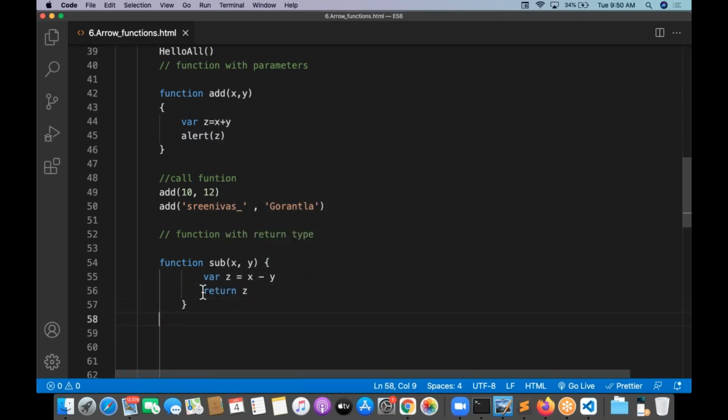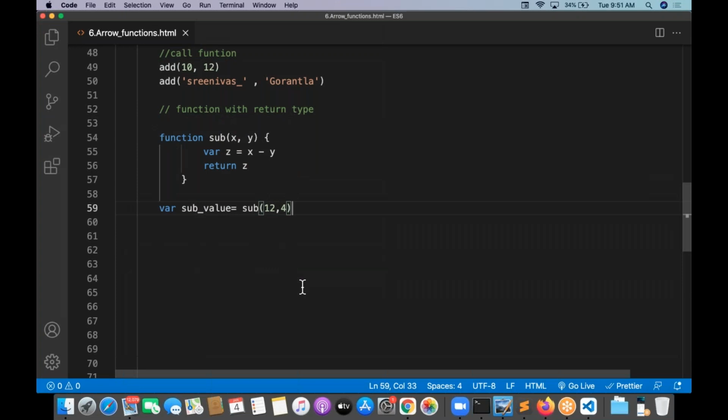Now you tell me how to execute the output of this. The subtraction value is going to be returned by subtraction of 12 minus 4, that is 12 comma 4. So try to understand this third kind of function. The third kind of function is a function with a return type. What I'm doing here: subtraction is the function name, x comma y are two parameters, z is equal to x minus y,